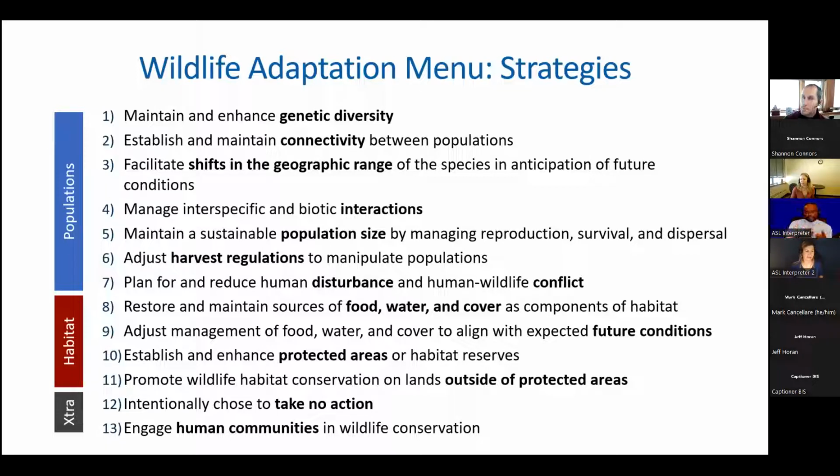Also, the final step of our adaptation workbook process has to do with monitoring. And as a part of that, we ask people not just to brainstorm information that is valuable, but we also get them thinking about what will you do with that information when you gather it, and will that information help you make decisions?